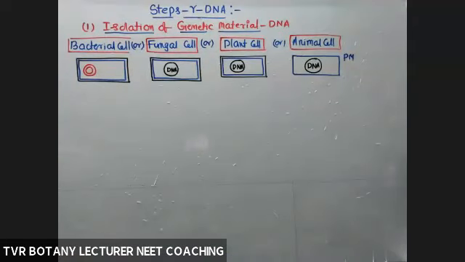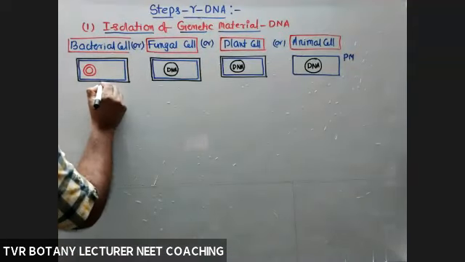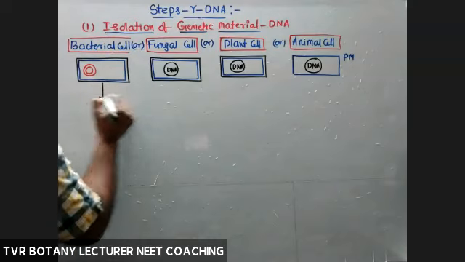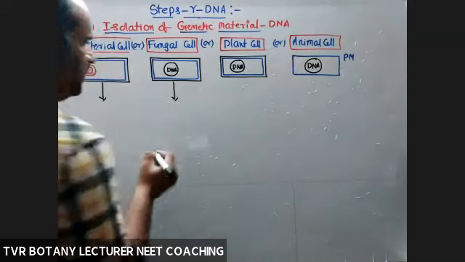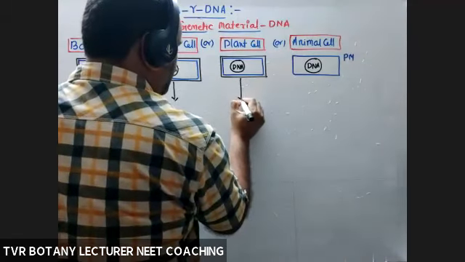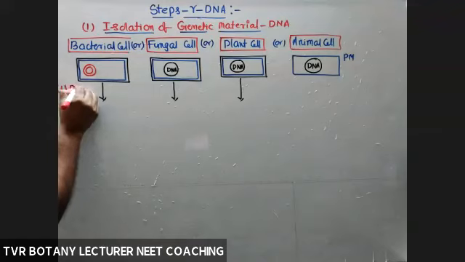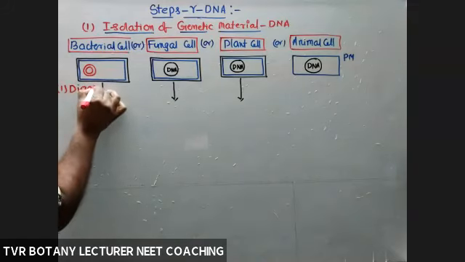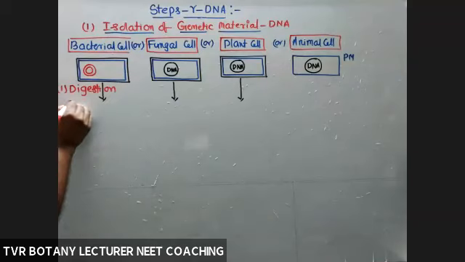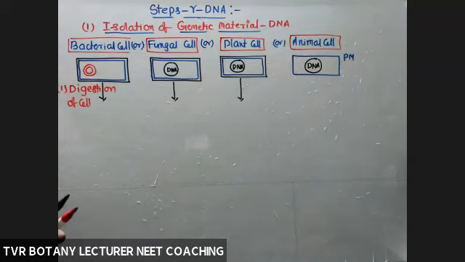Okay. So now, first step is enzymatic digestion. Now all these cells except the last one, for this one, enzymatic lysis, cell wall lysis, is not required. Reason: there is no cell wall. So the first step is digestion of the cell wall, or removal of the cell wall, by different enzymes. It depends on the cell wall components.